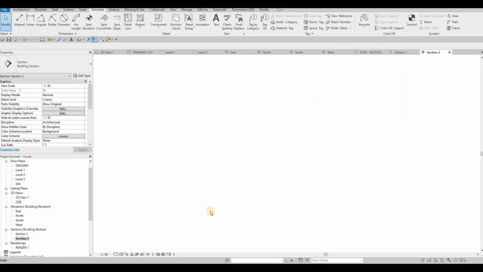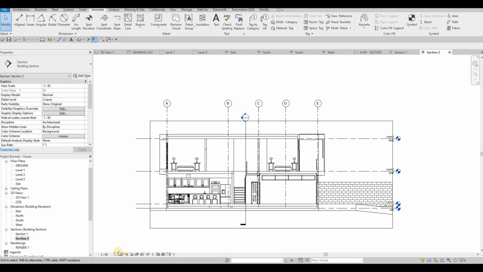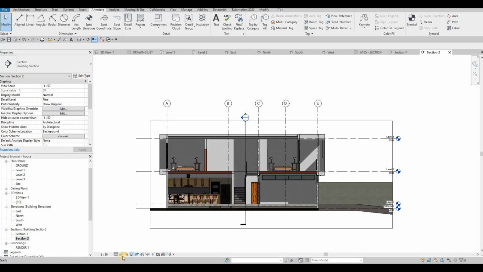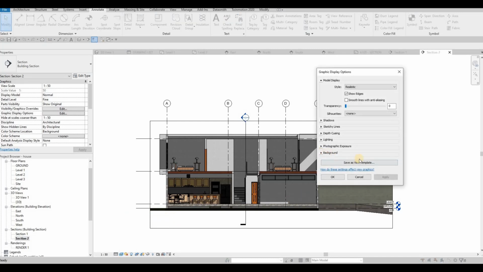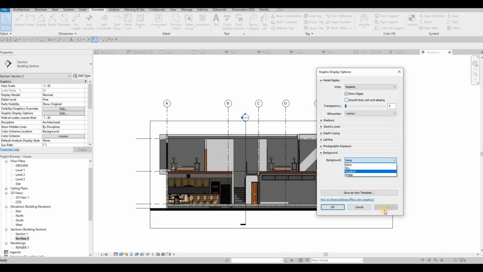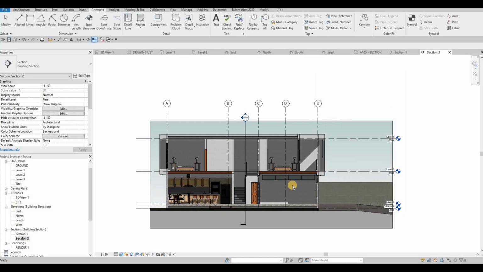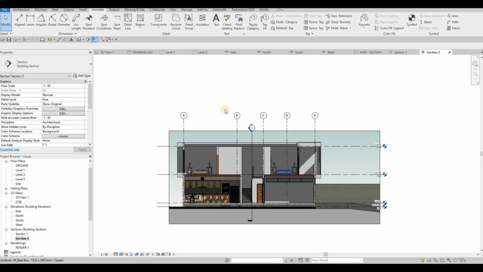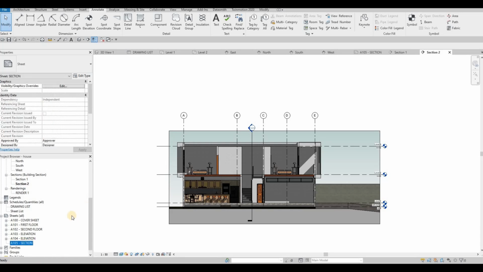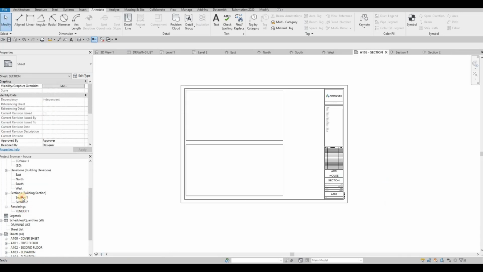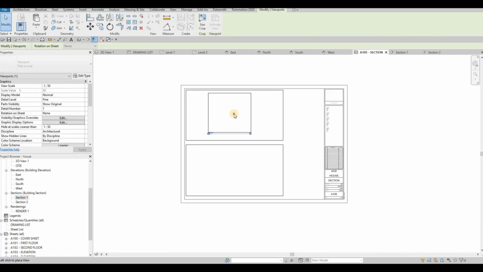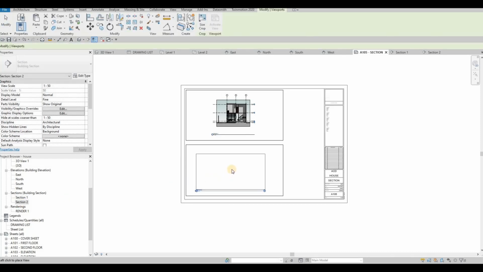And then go to section 2, do the same thing, find realistic, and then display option, background, and then gradient. Section, go, and then just add each one of them. So section 1 and then section 2 right here,